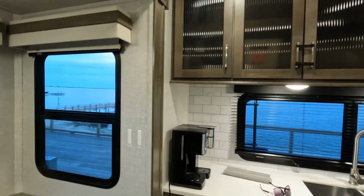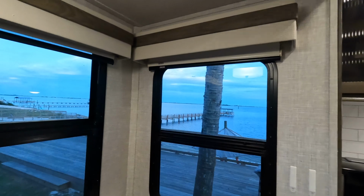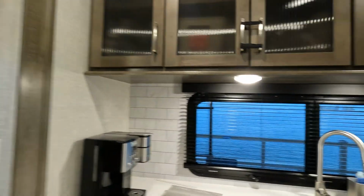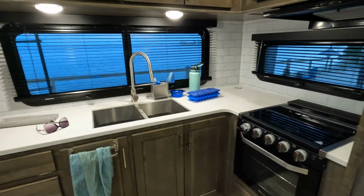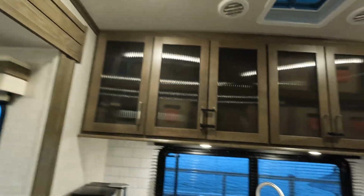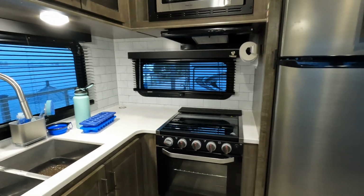Right now we are in Navarre Beach at Emerald Beach RV Resort. So this is our back. This is the view we have from our kitchen for the next week. Lots of cabinets and storage space, which is another reason why we picked this. Microwave, gas oven,